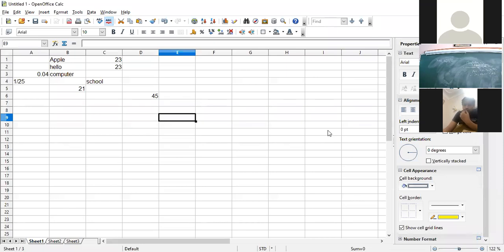Write the answer in the chat box if you have done. Yes, the last question is 34. The values are A1 is 3, B1 is 2, C1 is 4. So what will be the answer after executing this expression?